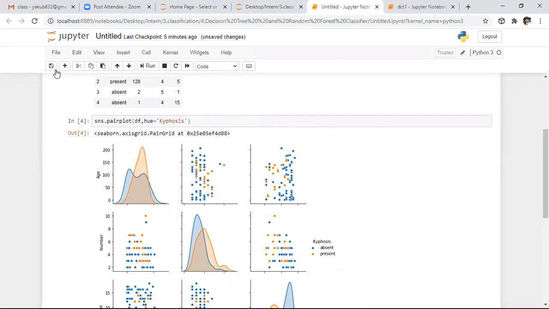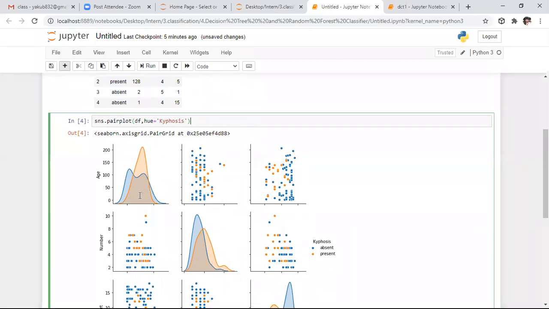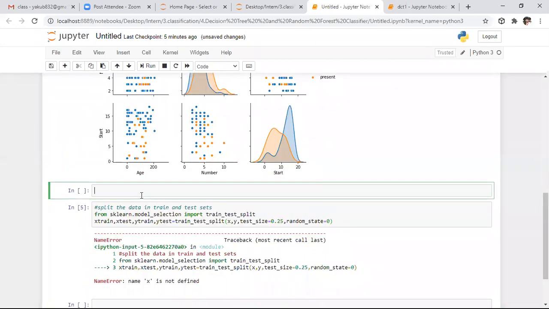Before splitting our data set in the form of training and test set, we need to divide our data in the form of features as well as response vector. So I want to say X equals to the data frame except the kyphosis column, so I want to drop that column: df.drop, kyphosis column.